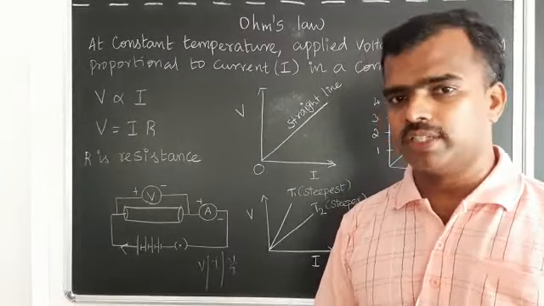According to Ohm's law, V is equal to IR. From that we can write R is equal to V by I. So what is the voltage in that graph? 4 volt, right? What is the current for this point? 8 milliampere, so 8 into 10 power minus 3. The 10 power minus 3 goes to the numerator, so it becomes plus. So 4 into 10 power 3 divided by 8 will give 0.5 into 10 power 3 ohm.